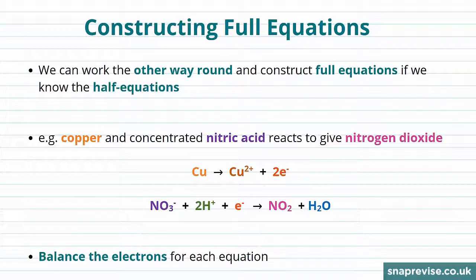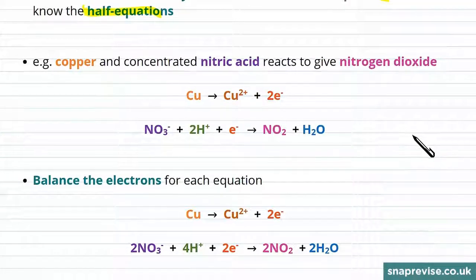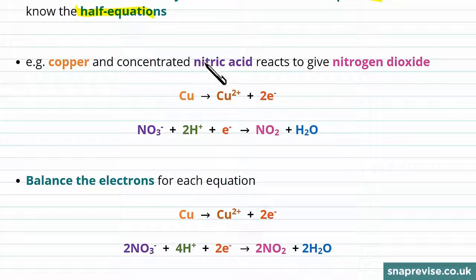Hi guys, at the end of our last video, we talked about breaking up a full equation into two half equations. We'll now look at how we can work the other way round and construct the full equations again if we know the half equations. So let's see how to do this with the example of copper and concentrated nitric acid reacting to give us